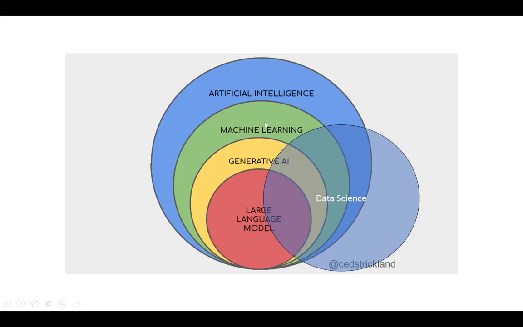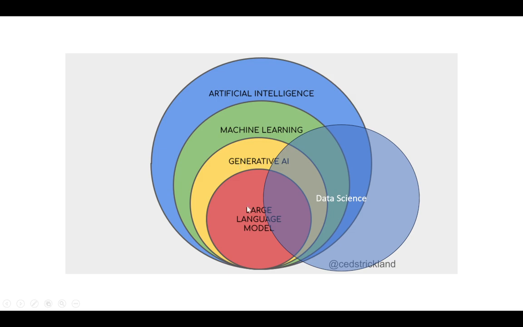Machine learning is a part of AI, right? Machine learning is a subset of artificial intelligence. Generative AI is a further subset of machine learning. Generative AI got its popularity recently with all these ChatGPTs, Bloomberg GPTs, a whole slew of GPTs, the OpenAI, as we know it. And then the LLMs, or large language models, are actually a subset of generative AI. So there is a little bit more than LLMs when we talk about generative AI.